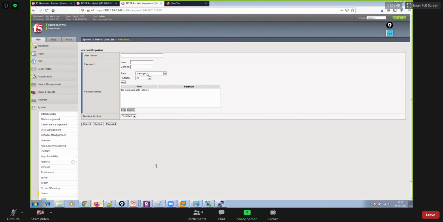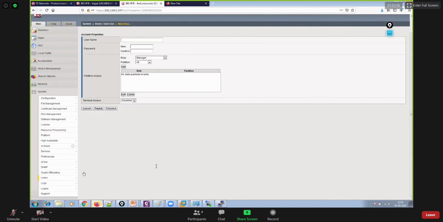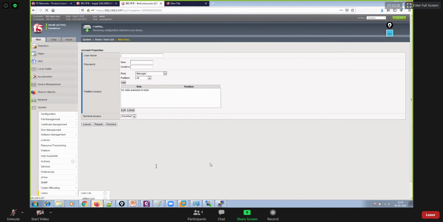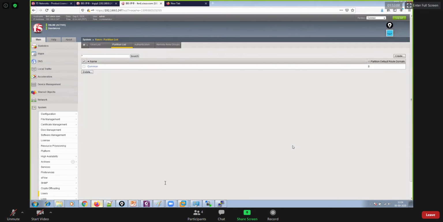Okay. All right. So thereafter, under users itself, we have another option available, which is partition. So partition is nothing but to divide this box into multiple, I would say, multiple virtual kind of administration stuff.